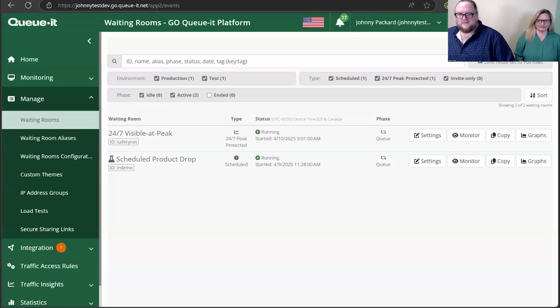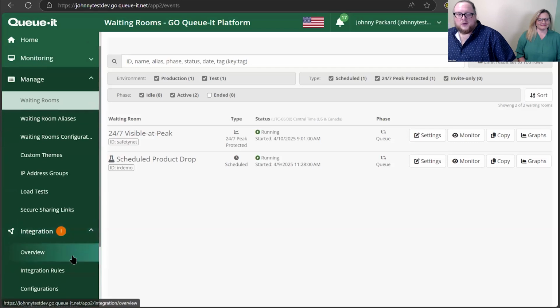All righty, folks. So we are looking at the GoQueue platform. For those of you who are familiar with Queue, this is our self-service platform where customers can create, manage, monitor, and maintain their waiting rooms. So I have two waiting rooms that I have configured, a 24/7 visible peak that my website has running all the time. If traffic peaks exceed my threshold, users will see the queue. I have an upcoming scheduled product drop, so I need to create a new configuration for that. So I will go to the integration rules menu here,